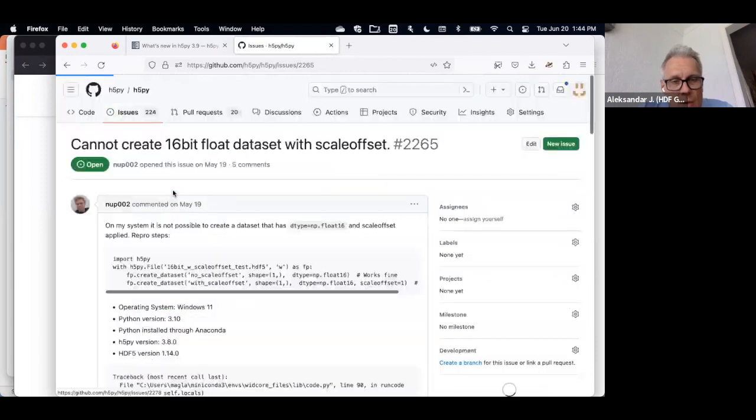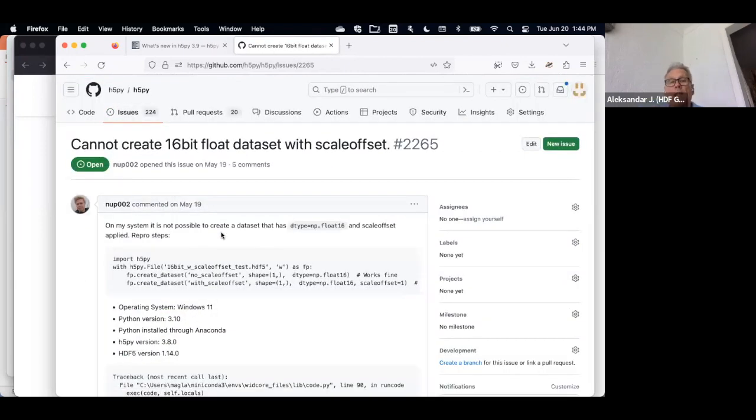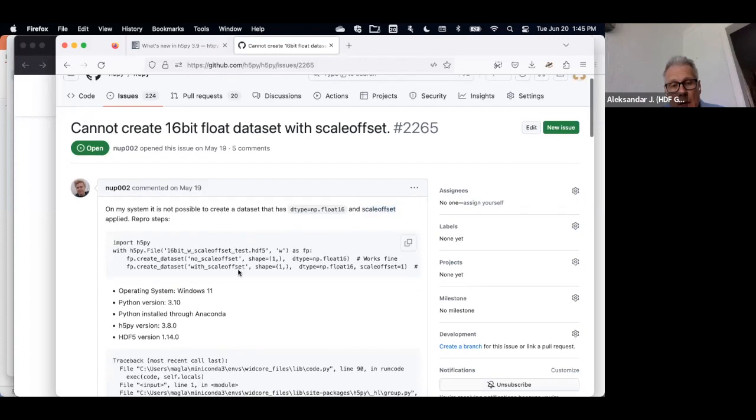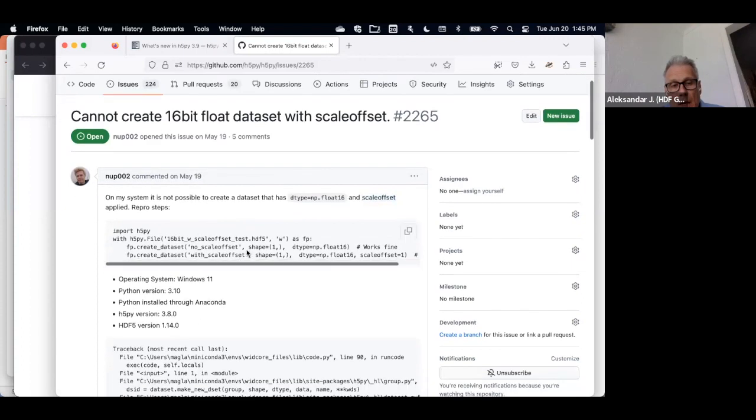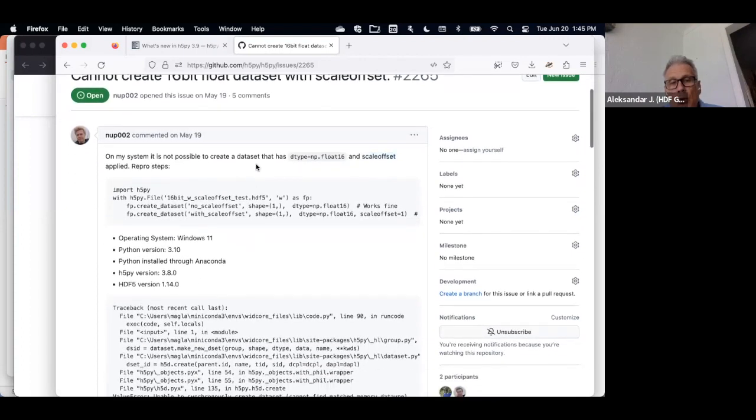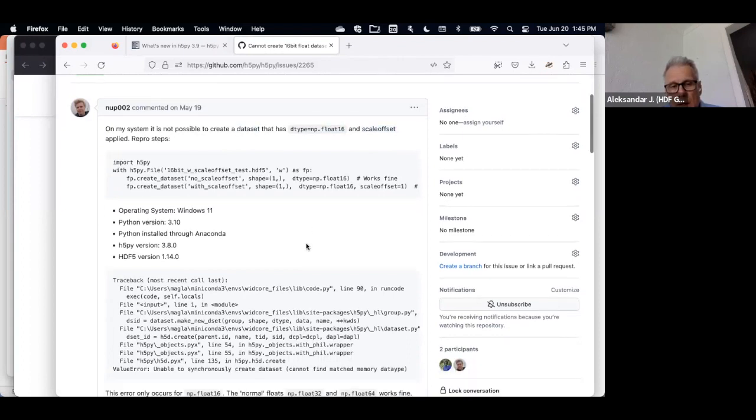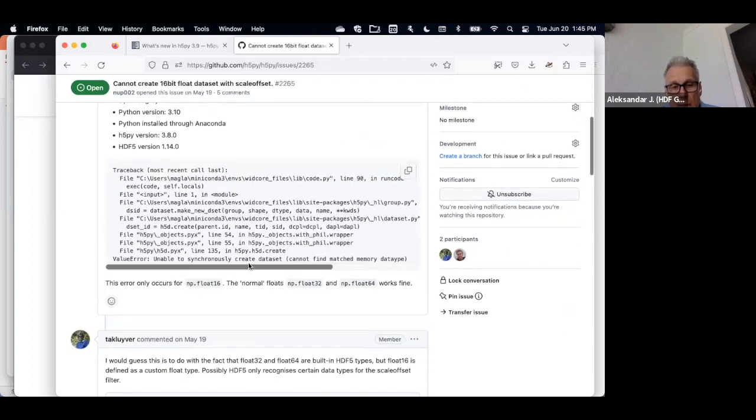This is the one where someone wanted to use float16 from Python, and my understanding is float16 is very popular with machine learning models, when you store the results of training and model coefficients and stuff like that. But he also wanted to apply scale offset, and basically he couldn't create a dataset with float16 and scale offset. He was getting some error.